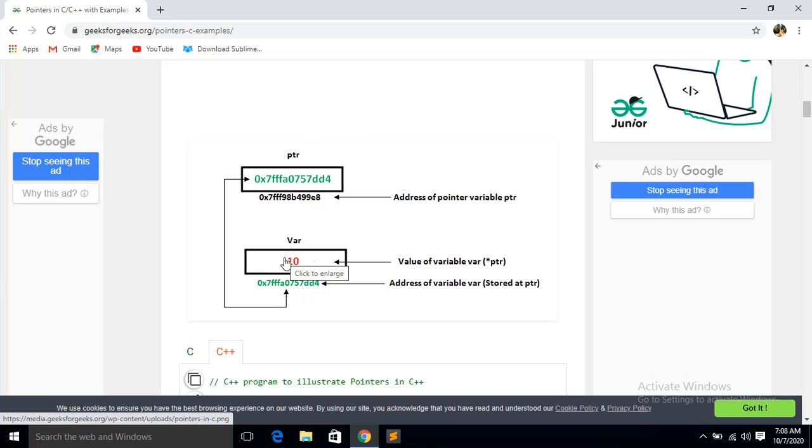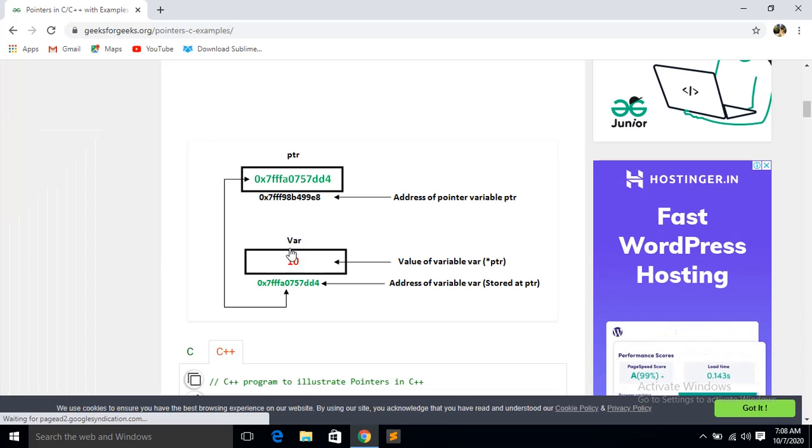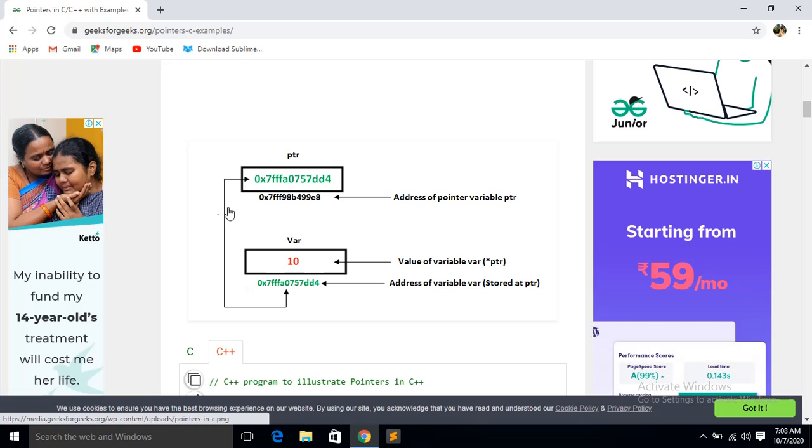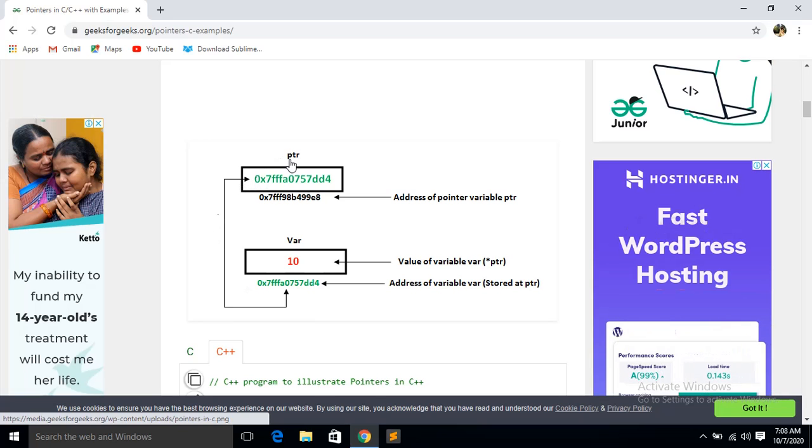Inside the var, the value 10 is stored, and the address of the var variable is this one, and this address is being stored in another variable ptr, the pointer. So this is the address of var. In the pointer variable, the address of the var variable is stored, and the address of the pointer is this.